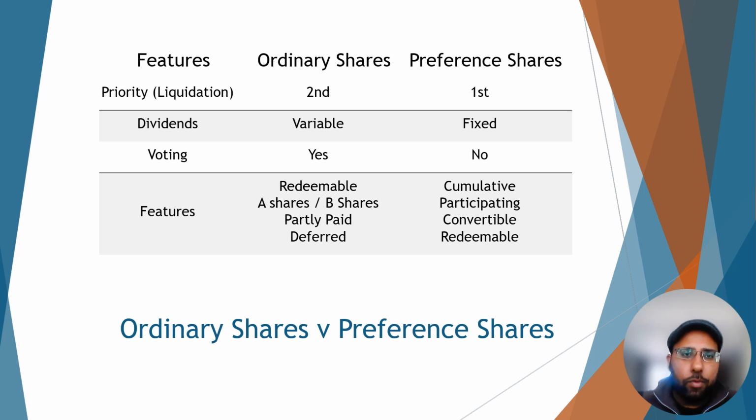Now, the final one will be a redeemable preference share. Again, it's very similar to an ordinary share. Preference shares will be issued for a certain duration of time, and during that duration of time, you will be entitled to a fixed dividend. So you know what you're getting year in, year out. But once the time does come where the company wants to take back or call upon those shares again, they have the duty and the entitlement to.